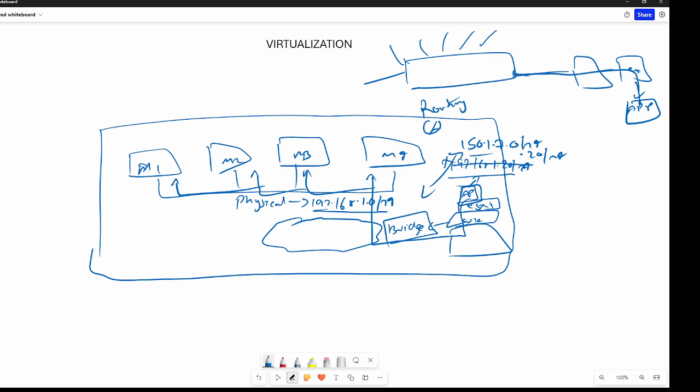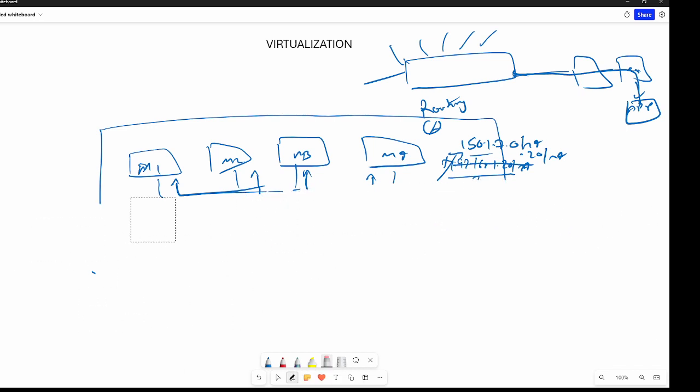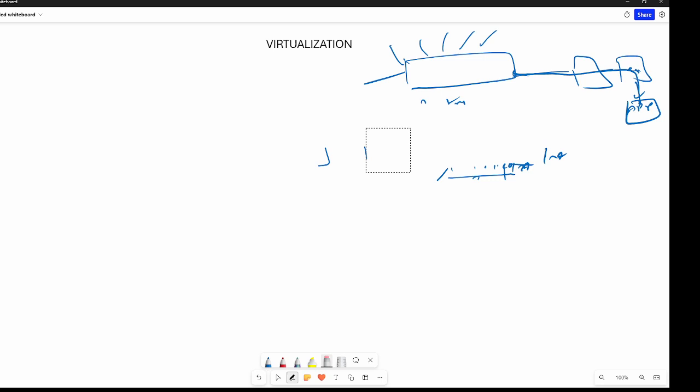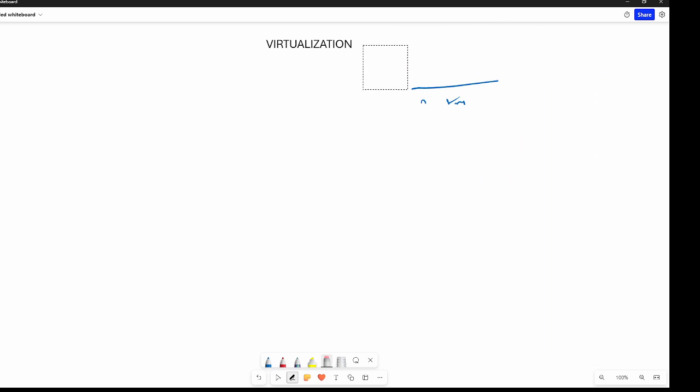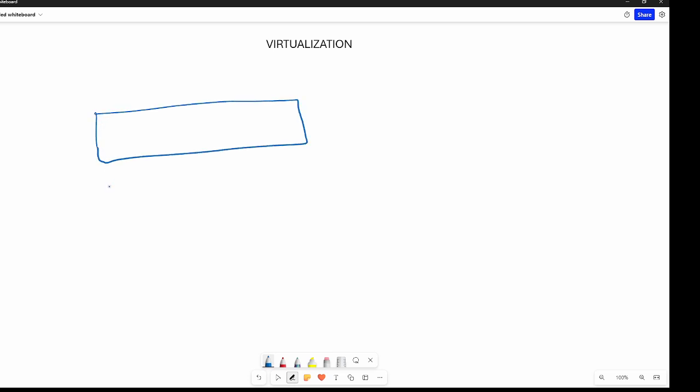Coming to the type 1 and type 2, this is how you will do it. But coming to the type 1, the concept changes. Now it comes to the physical networking. In the type 1, you have a bare metal server, and in that server, you have 4 networking ports.